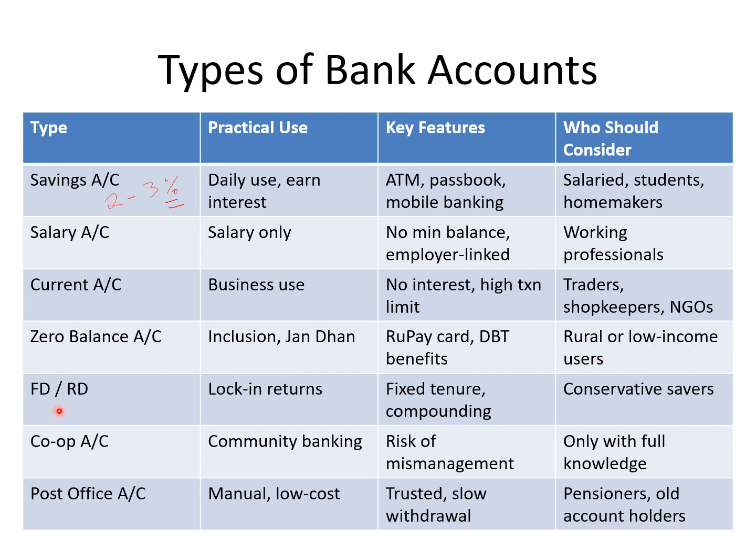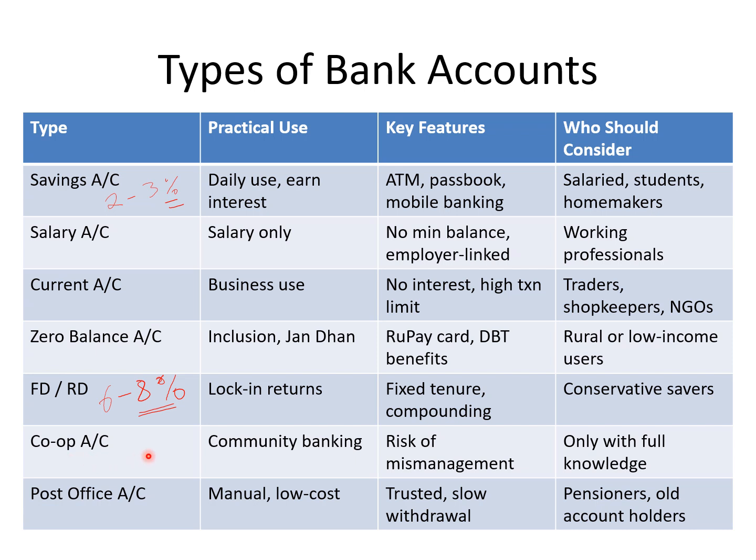Next type of account is fixed deposit and recurring deposit, FD or RD. These are locked accounts, means unlike savings and current account, you cannot withdraw money that easily. Here, for a fixed tenure, the amount will be locked in the account, but this offers compounding, and you will get relatively good interest like 6 to 8%. Present FD interests are around 6 to 8%. These are suitable for conservative users.